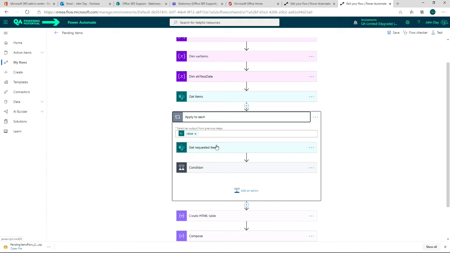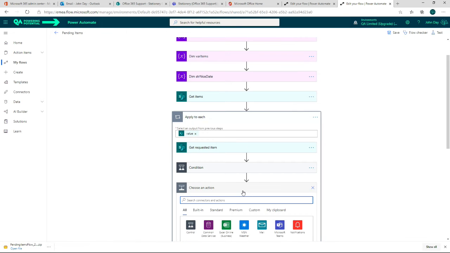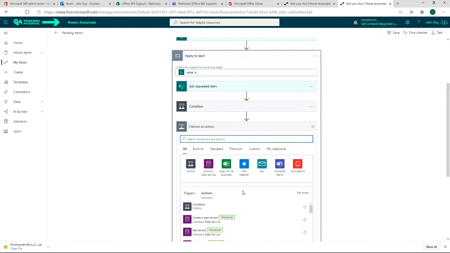So we're looking at budget. So I can use the apply to each, but what I'm going to do inside that is add an action that then uses a do until. So go through every item, hundreds of them. When you find the first 10, stop doing it anymore. So I'm going to go and do a control,